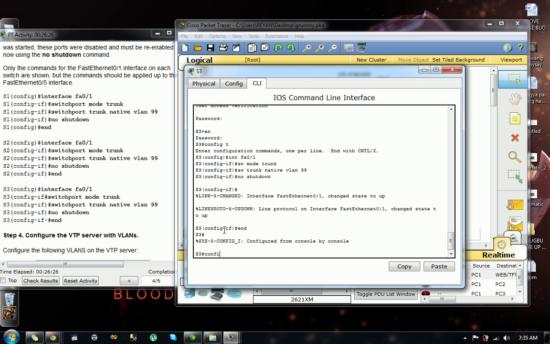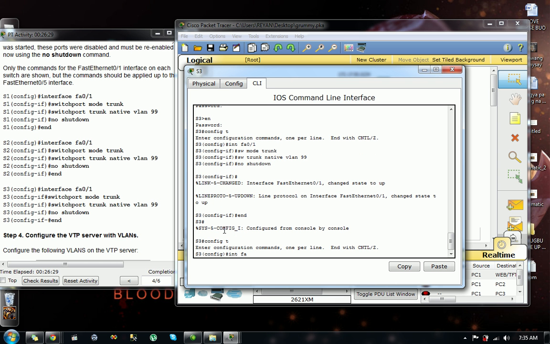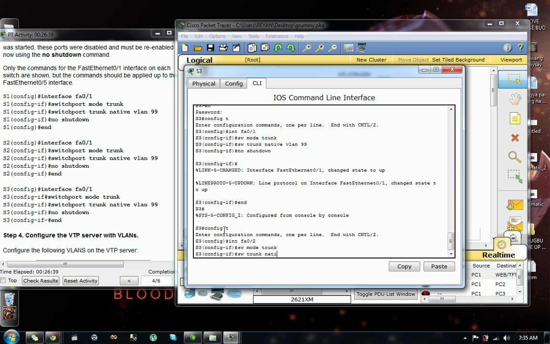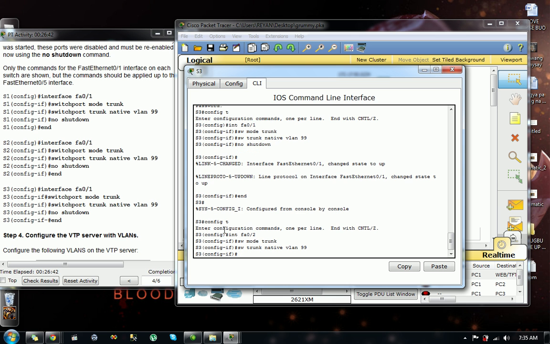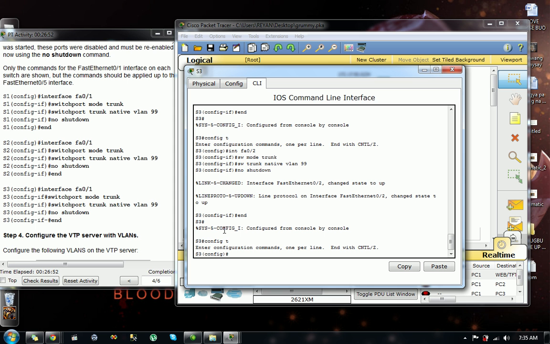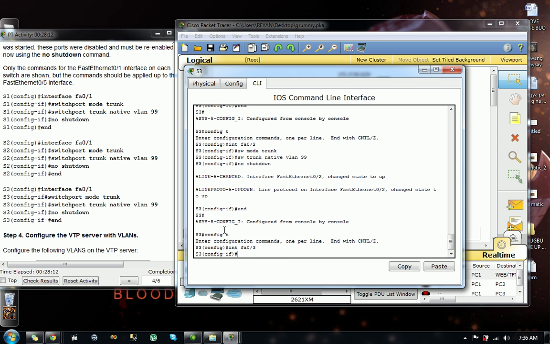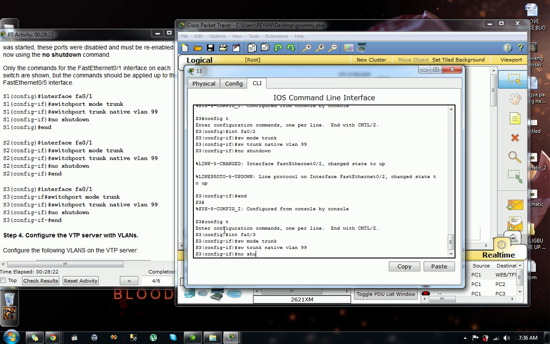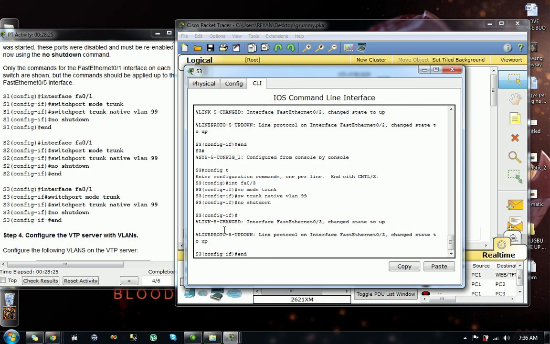Enter, then config T, and interface FA02, SW mode trunk, then SW trunk native VLAN 99, and no shutdown, then end, then enter, then config T, then we will type interface FA03, then SW mode trunk, and SW trunk native VLAN 99, and then no shutdown, then enter, then end, and then